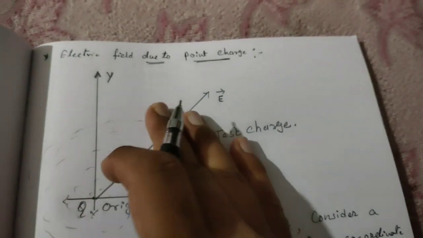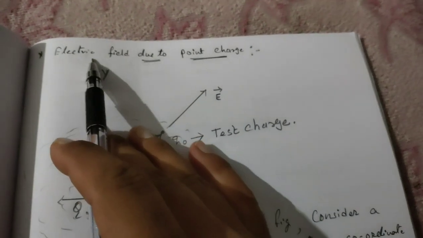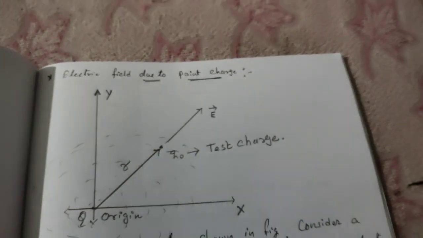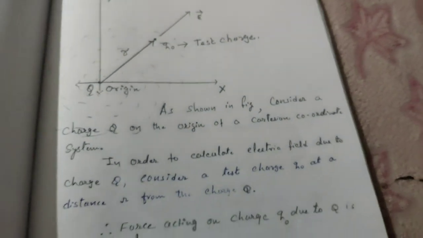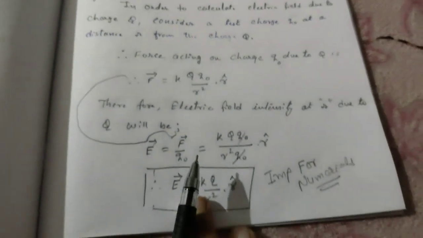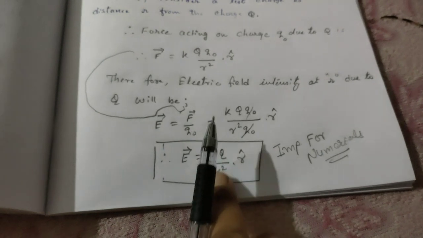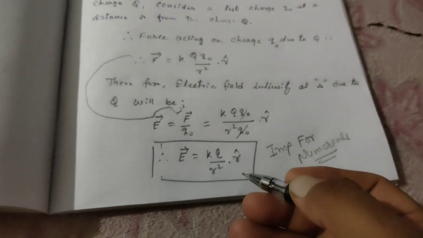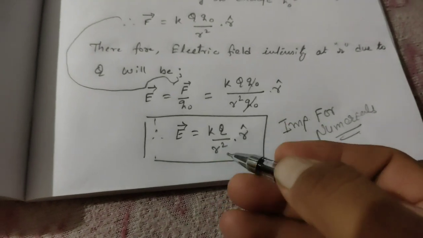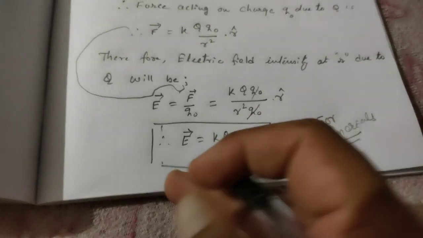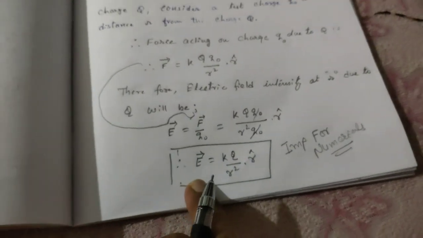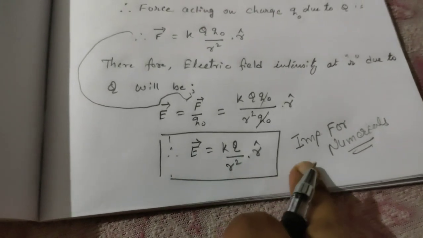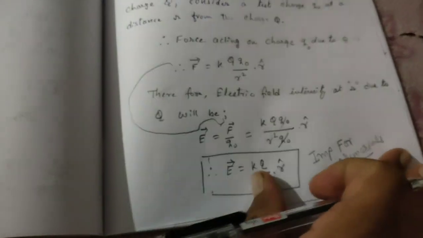Right now we are studying electric field. Last time we showed electric field due to a point charge and finally we found this answer: E equals kq upon r square into r cap, where r cap is a unit vector. kq upon r square is the main equation for a point charge particle. If we want to find electric field, then this is the important equation I already told you.